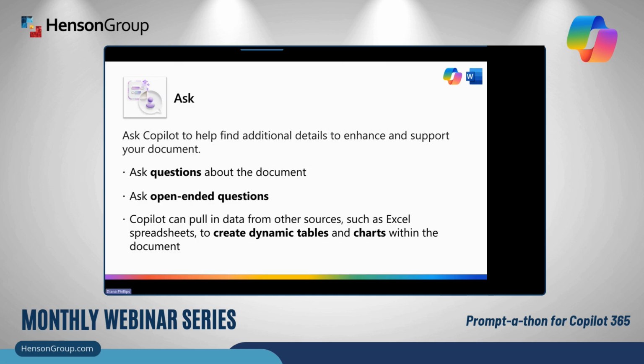And then you can also ask about the document itself. You can ask open-ended questions. You can ask it to create a table of the content that it's seeing, and I actually have that in one of the screenshots. So I'm going to run through some screenshots that show you how Copilot looks within Microsoft Word and how you